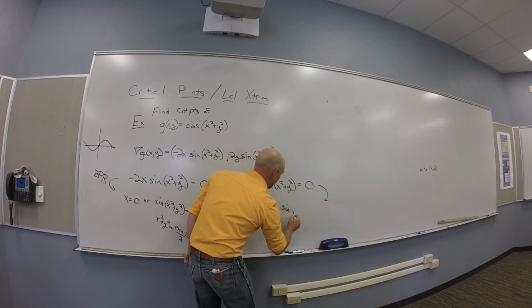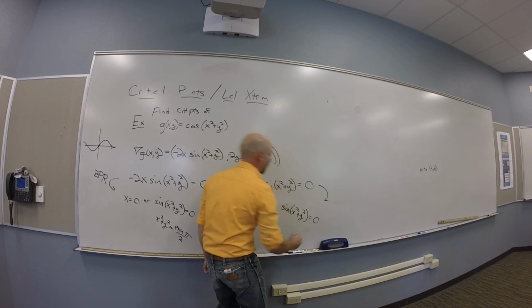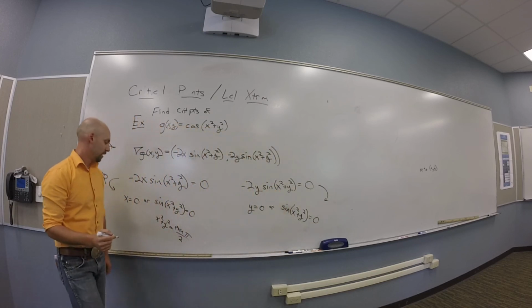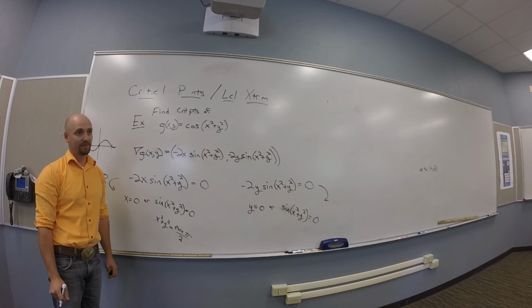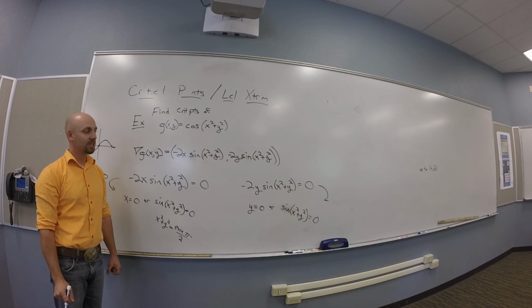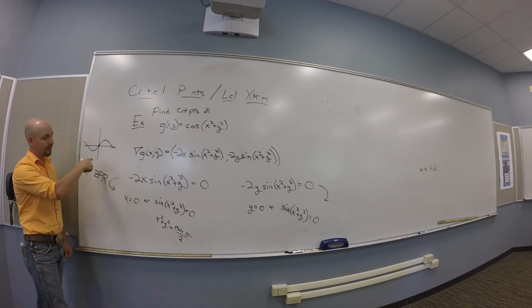So maybe let me just say this guy. Or when sine of this graph is 0, right? And that's when the radius is of pi, right? Cool? Yes? Okay. I still don't know how to classify these, but my picture of sine is probably going to